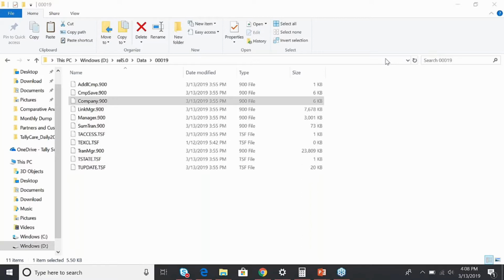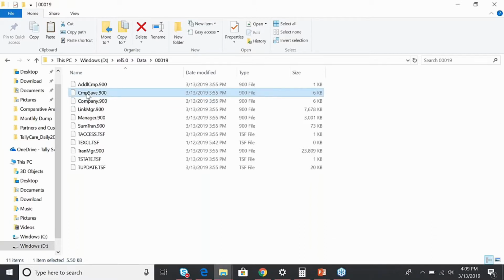This is very important. This is the file which publishes the data when you are selecting a company or loading a company. This is the critical file in the database. This file has to be there to fetch the data.